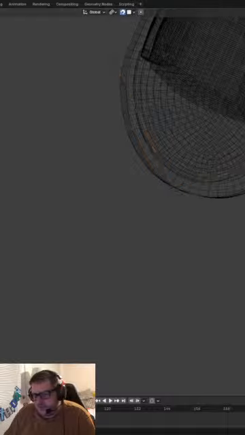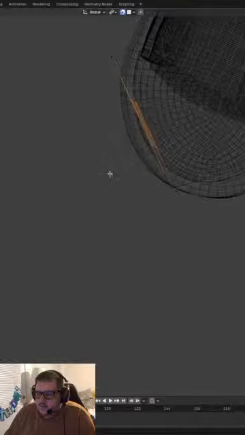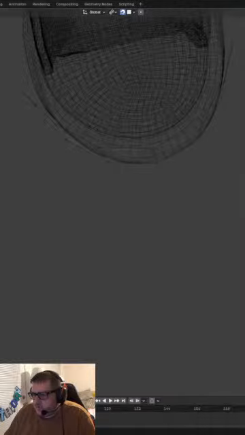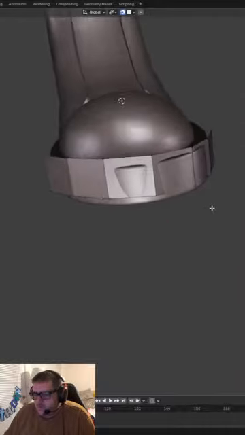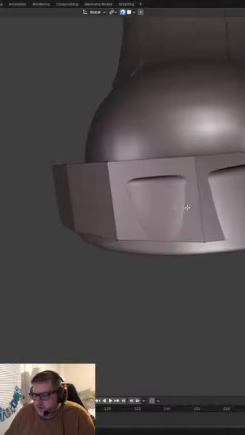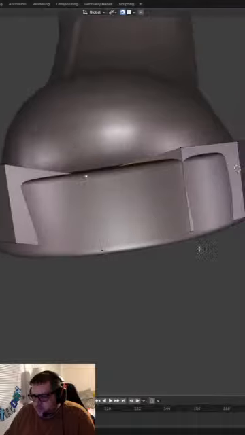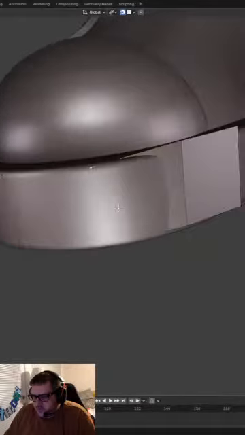Let's see if we can add in, and then we still have a little tool on here right now so we can get everything in the right spot. And then we'll give some thickness to this.